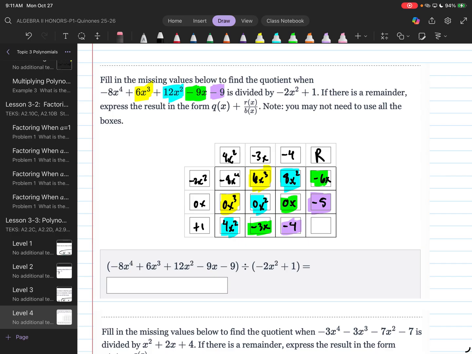Mia, yes? Based on the order of polynomials, yes. Because we're going from greatest to least. Right? Or greatest to constant. Okay? So then,